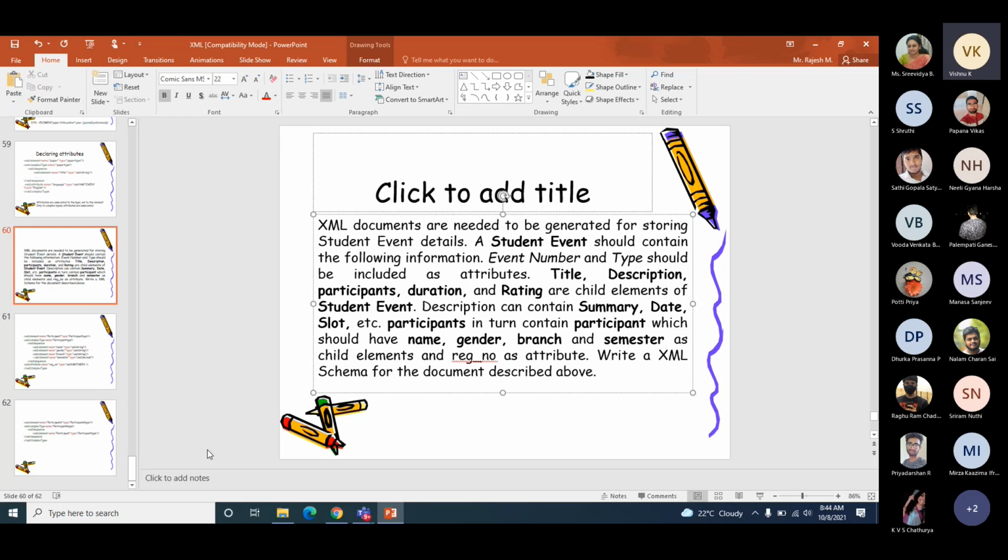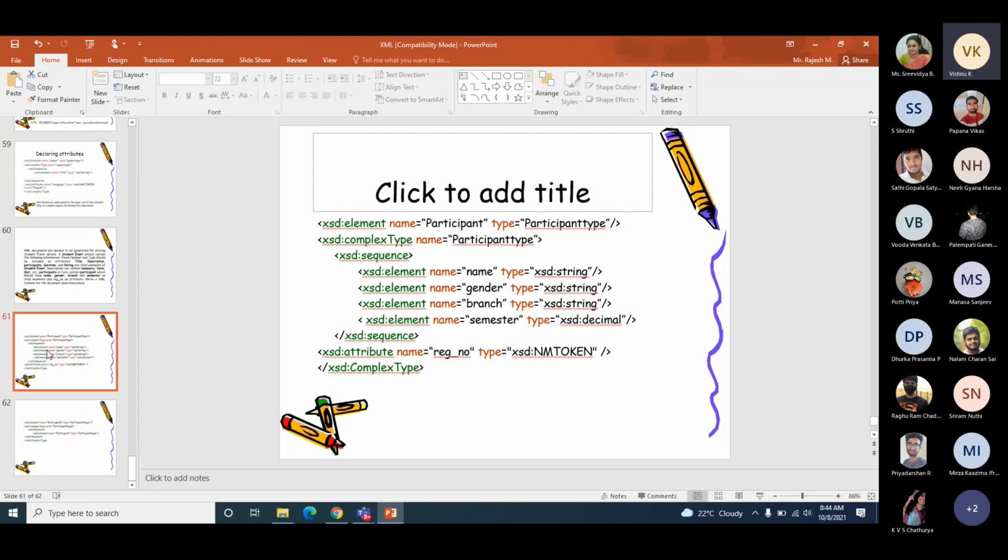Sir, I had a doubt, sir. The way we are defining it, is it necessary that we do it this way? Can you go to the next slide, sir? Here, first we go with element participant, type participant type, and then inside that define the complex type? Or can we just define all the needed complex types outside, then call it whenever it's required?